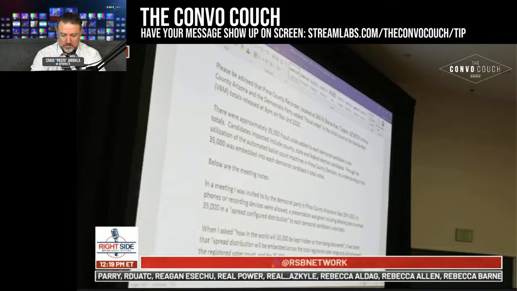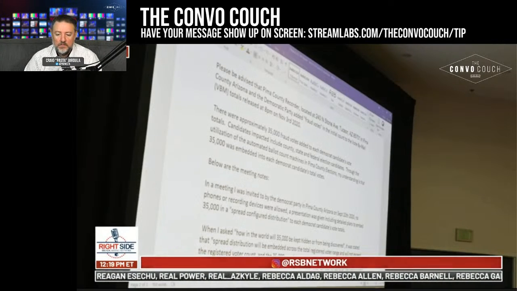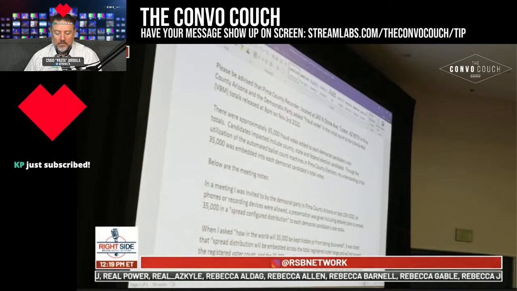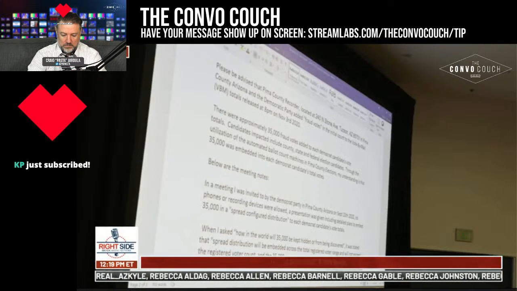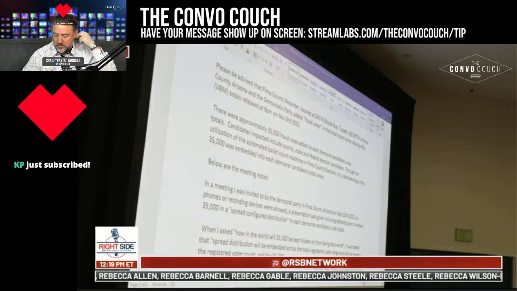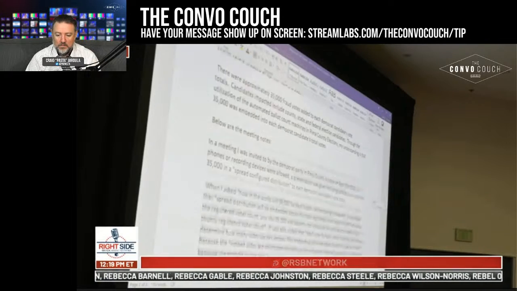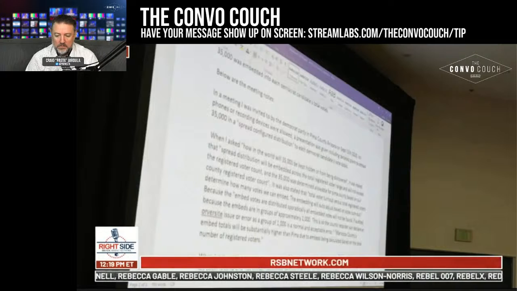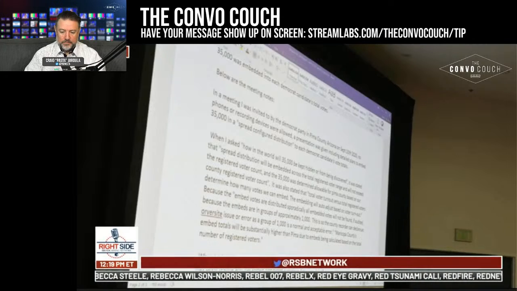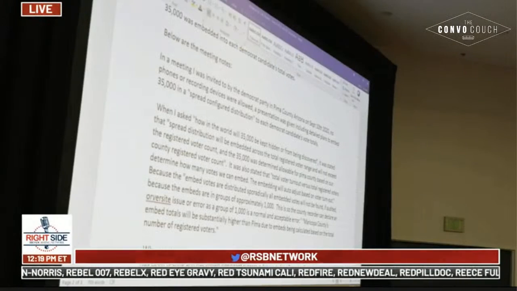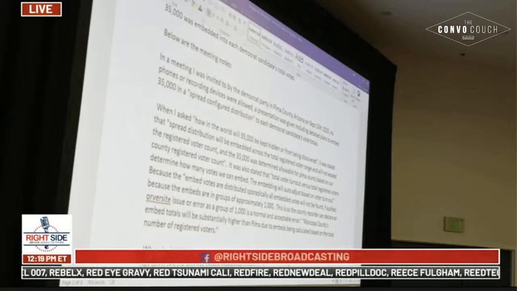Through the utilization of the automated ballot count machines in Pima County elections, which were not Dominion, but had pretty much the same functionality. My understanding is that 35,000 was embedded into each Democrat vote totals. Below are the meeting notes. In a meeting I was invited to by the Democrat Party in Pima County, Arizona on September 10th, 2020, no phones or recording devices were allowed. A presentation was given including detailed plans to embed 35,000 in a spread configured distribution to each Democrat candidate's vote